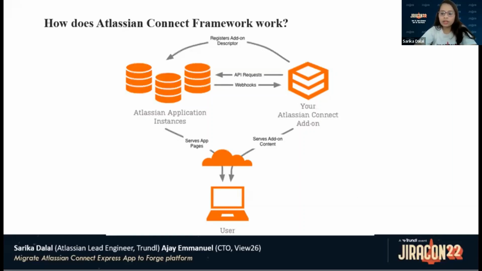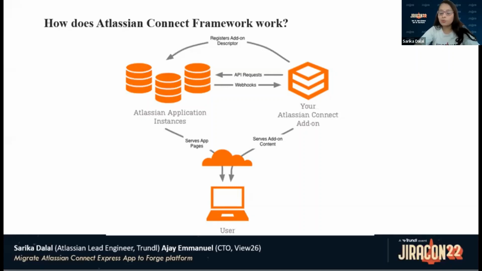When we are talking about Atlassian apps, for the end user, your add-on should not appear as a different application, but should be integrated as a part of the Atlassian application itself. It should not look like two applications we are using, one being the Atlassian application and the second being ours. These two should be properly integrated. Once your add-on is registered with the Atlassian application, features are delivered from the UI. It means all of the features that we are going to add in our app are delivered from the